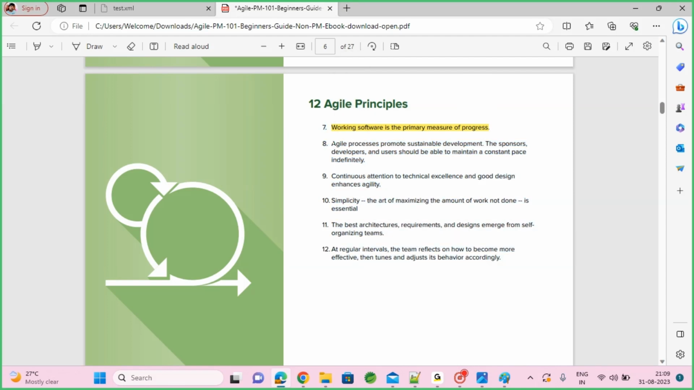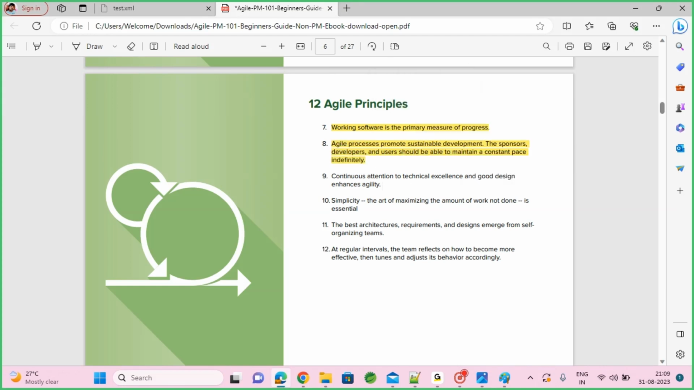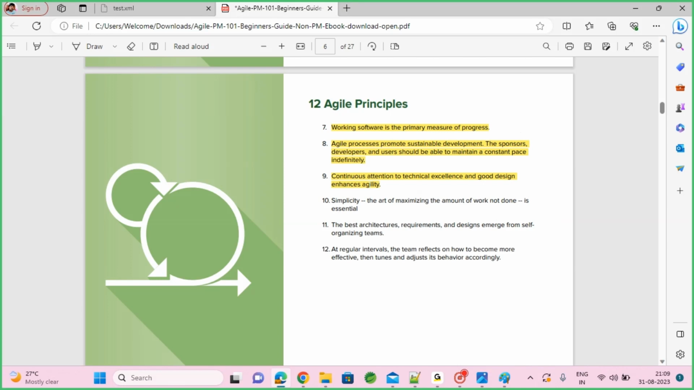So you will always have work, it will not be idle. Continuous attention to technical excellence and good design enhances agility. Agility means continuous change, the name itself says continuous change. What they are saying is, if you can improve it technically, the admin module is done. I thought a Linux server was enough, but by the time you deliver it, you realize